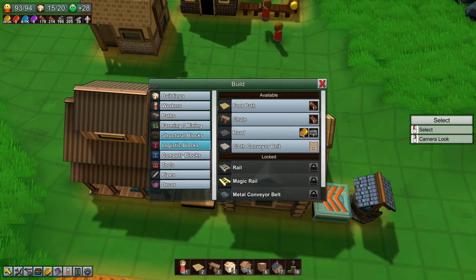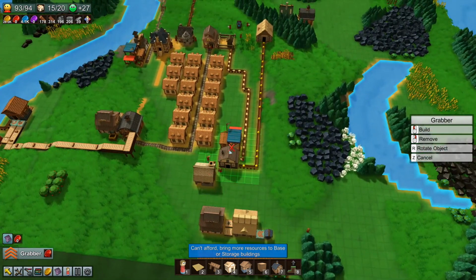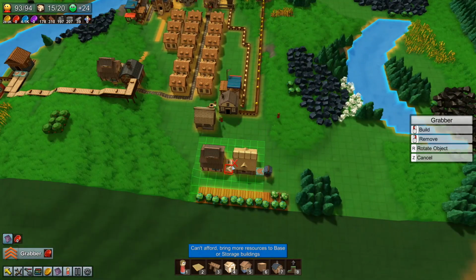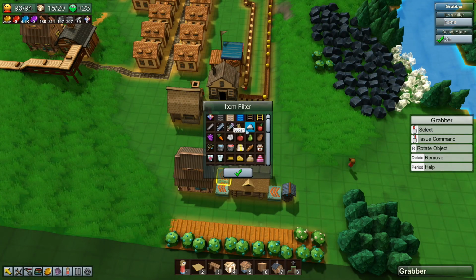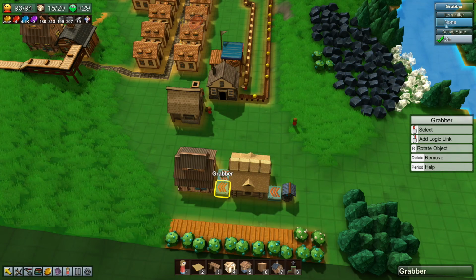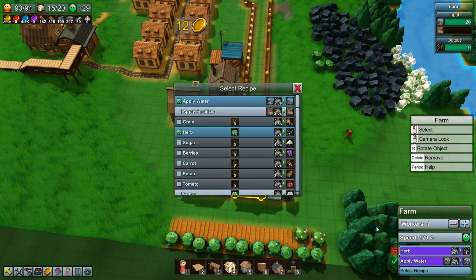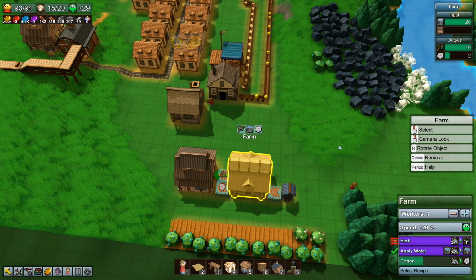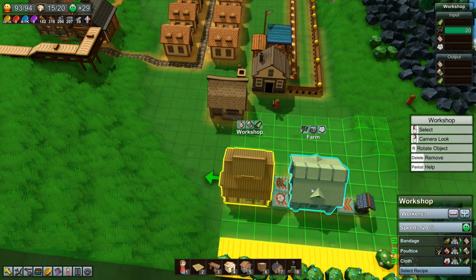Okay, so logistics, grabber. Need to wait for some red coins. As soon as you like, here they come. Okay, so I want you to be filtered to herbs. Herbs. You, I want to be filtered to cotton. And you need to harvest cotton as well. Okay, so now you should, in theory,